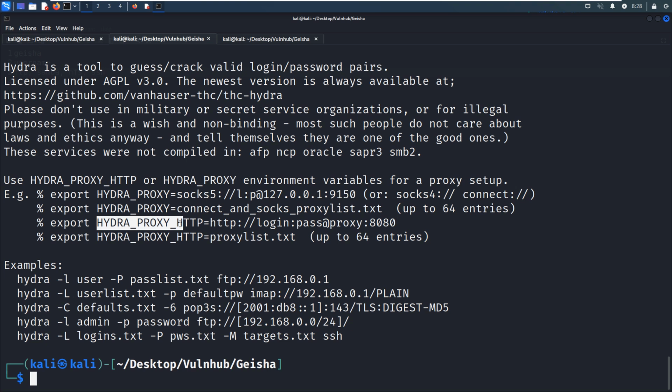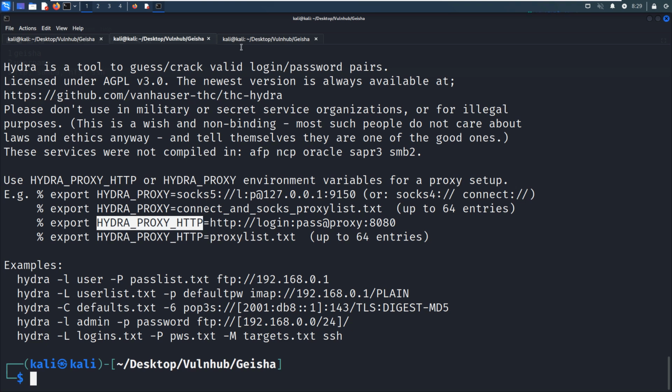So we need to know what's going on exactly, and we can combine Burp Suite and Hydra to see what's going on. Okay. And we can use this option to specify the proxy. So all the attacking traffic will go through Burp Suite. And in Burp Suite, we can get the details of every request from the history tab.